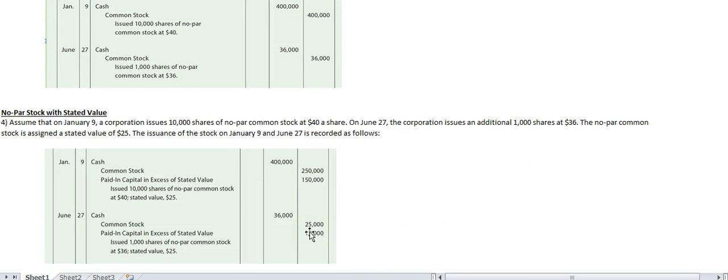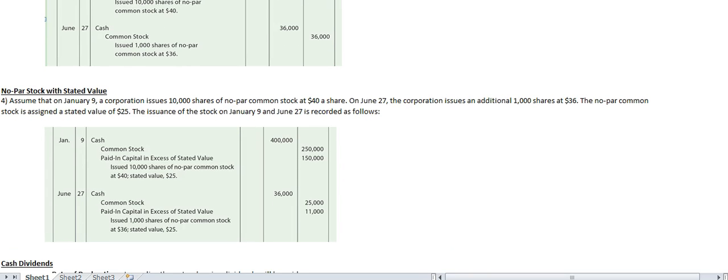We know that the stated value is 25, so we'll use that as our par. 1,000 shares were sold times 25 is 25,000. And then the excess, which is $11 per share over par at 1,000, will be paid in capital in excess of stated value, which is 11,000, and total cash received is 36,000. Okay, so those are pretty much all the journalizing entries that are related to the issuance of stock,